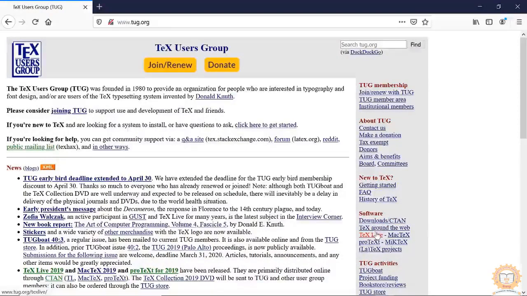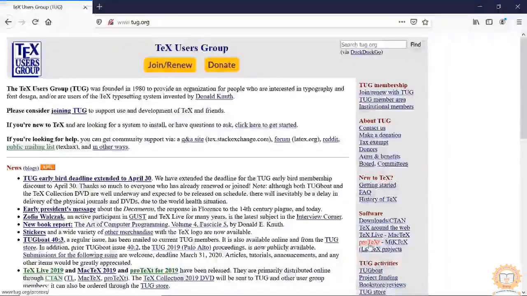Here it is written TeX Live, MacTeX, ProTeXt and MiKTeX. TeX Live, if you download it, you can install it in either Unix, Linux or Windows systems. If you want to install on a Macintosh computer like Apple, you have to download MacTeX, and ProTeXt and MiKTeX are the same. MiKTeX has more packages, but ProTeXt has limited packages. So I will show you how to obtain ProTeXt and install it.